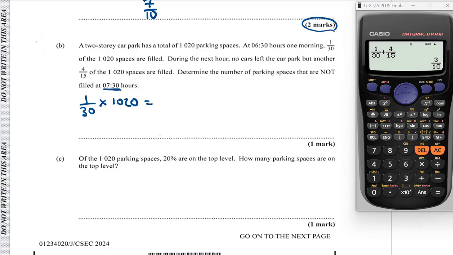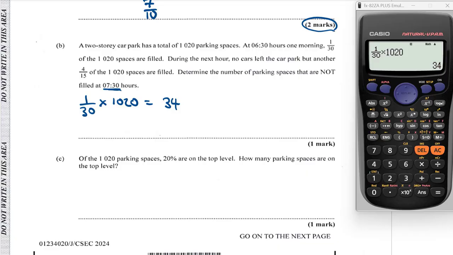If I enter in my calculator, let's clear this, 1 over 30 times 1020, that's equal to 34. And during the next hour,